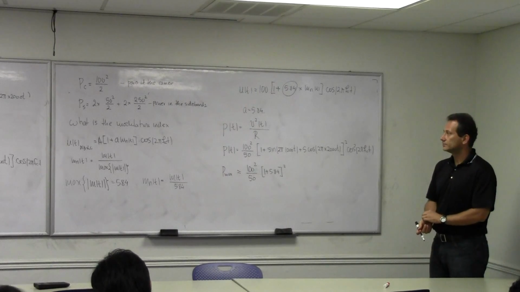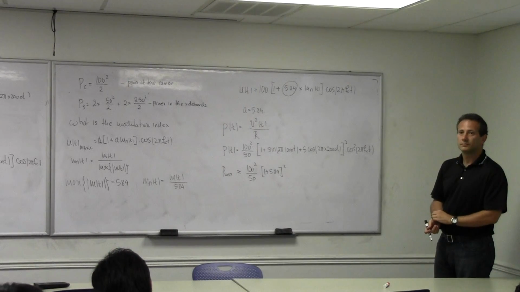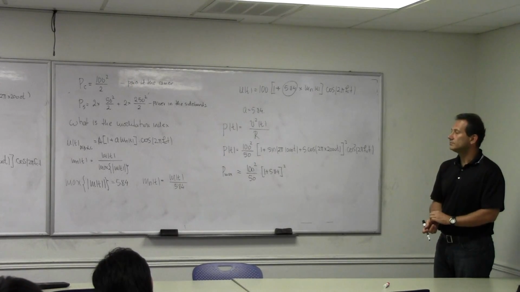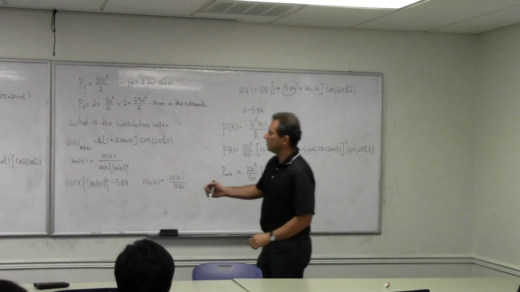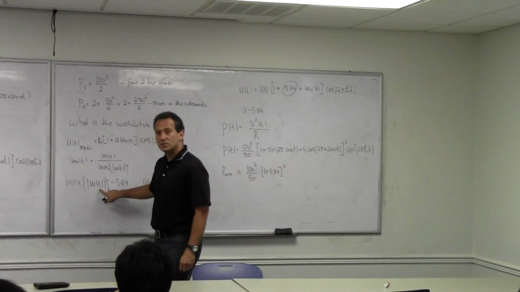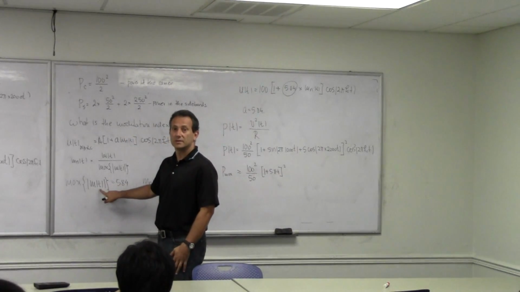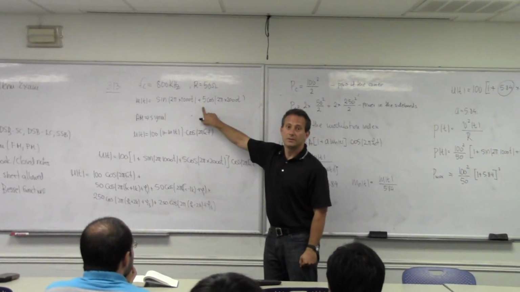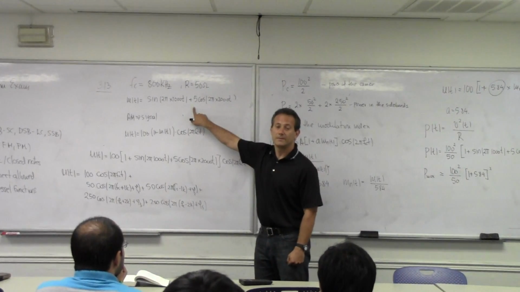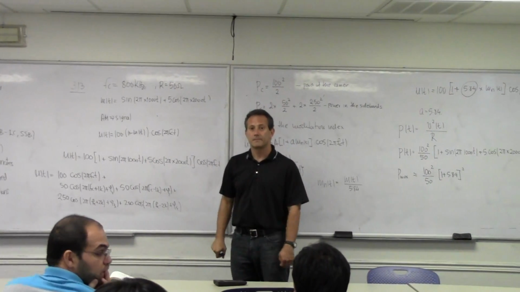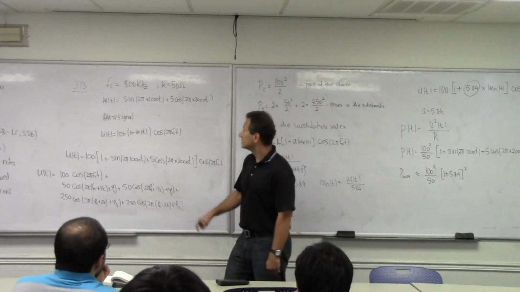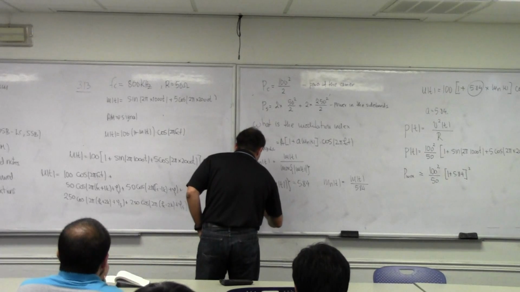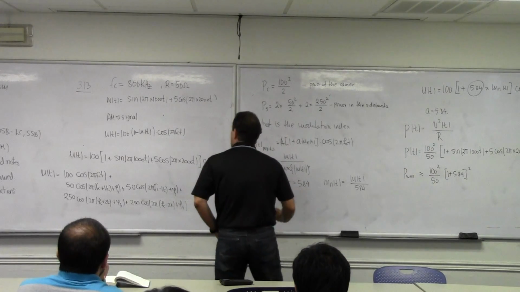I think max of m of t should be equal to 6 because you take a look only at m of t. No, because the magnitude of this is never 6. From m of t, the magnitude of this is never 6. Why would it be 6? If t is equal to 1 over 2000, okay, let's substitute. So if t is equal to 1 over 2000, right? Then m of t